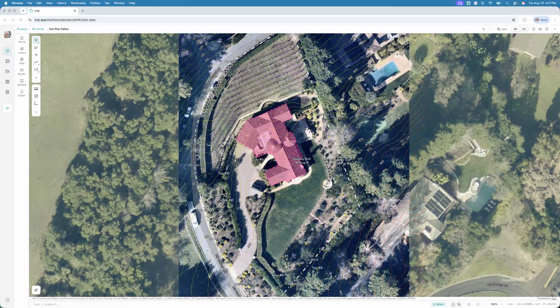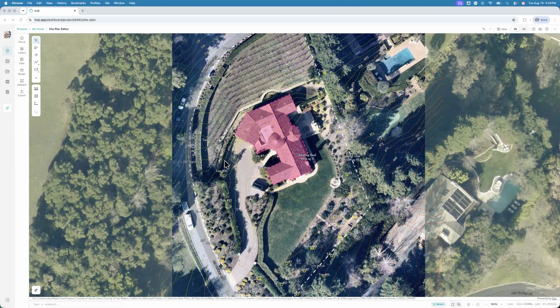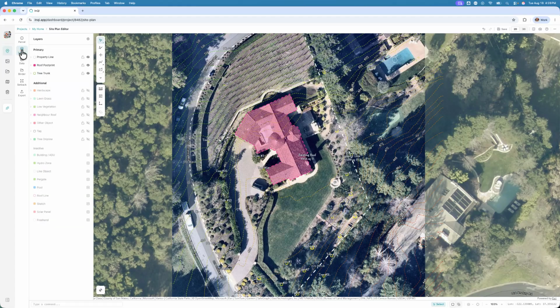For this tutorial, we're going to talk about how to add a tree drip line to a site plan. A tree drip line represents the approximate outside edges of a tree canopy. So for example, you notice that on this property, the artificial intelligence has recognized a bunch of trees. If we go and enable the layers and enable the tree drip line,